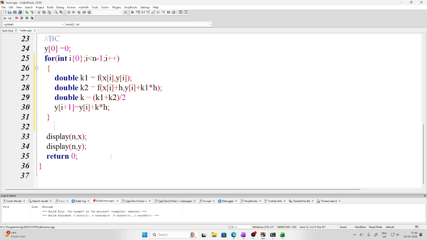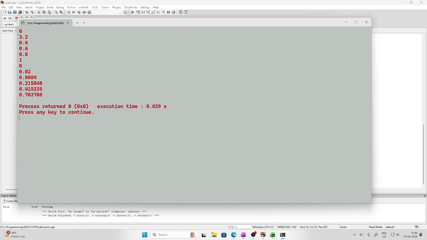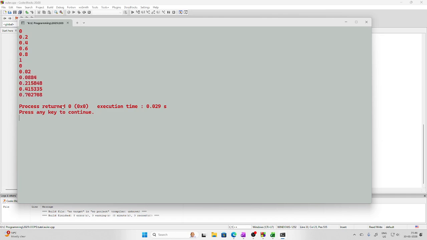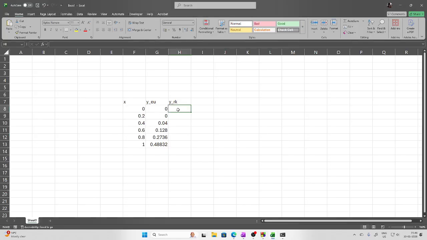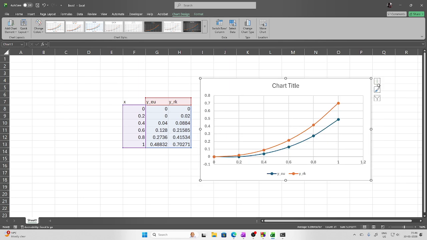So if you run it now, oh, it is already running. So let us close it and run it. It is saying that there is some problem. What is the problem? Okay, we have not closed the statement. Now this is your x and this portion is your y. So if you copy this and bring it here, and now try to plot these, the legends are already there. Now what you can see is